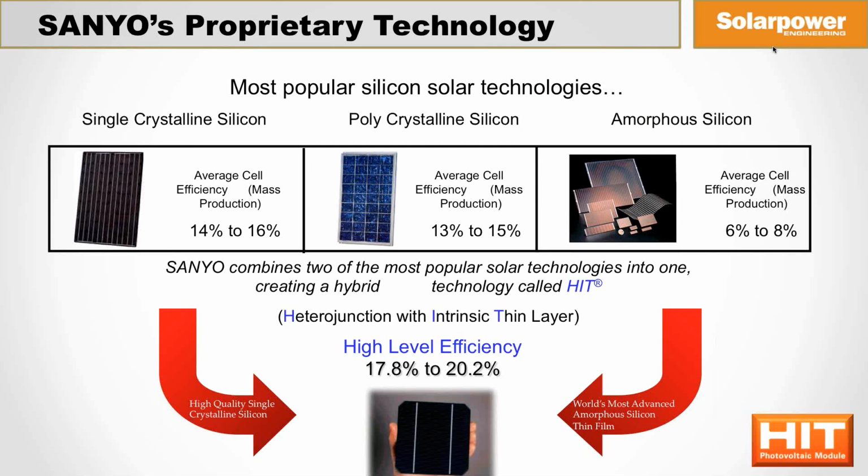But the features of some of the best, the more reliable, the more quality panels will lead you to conclude that not all rated watts are the same, but there are plenty of third-party tools out there that allow you to calculate what real kilowatt hour production per watt will be. Of course, Sanyo with this hybrid technology, the biggest quantifiable advantage over any other technology, whether crystalline or not, is